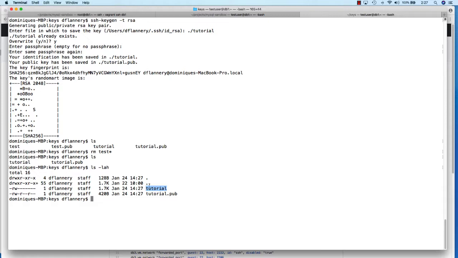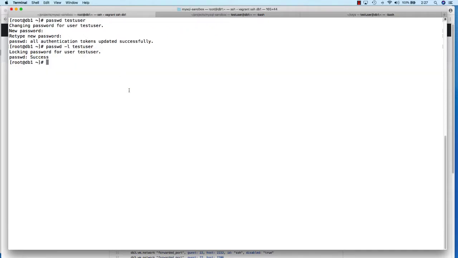This is the one that you want to keep very, very secret. Keep it on your local machine. It should be locked down to where you're the only one that can read it, and if you put it in that .ssh directory, you want to make sure it works that way too. This public one is the one we need to put on the server. So back over here to DB1,